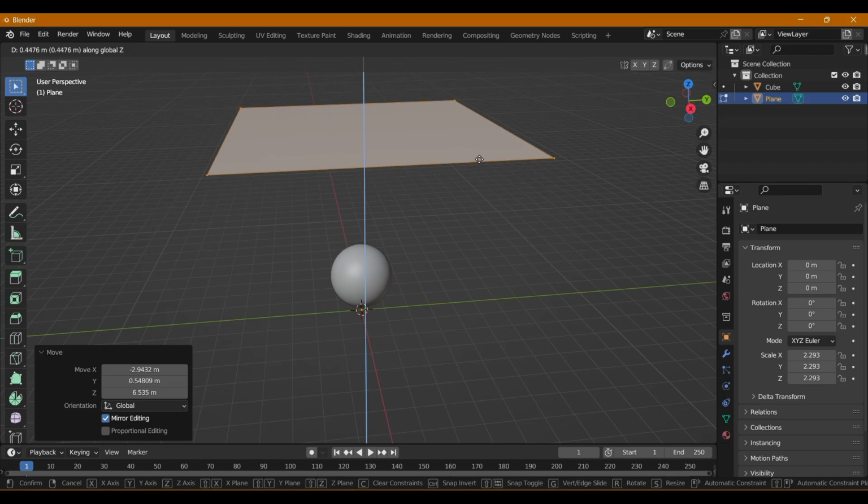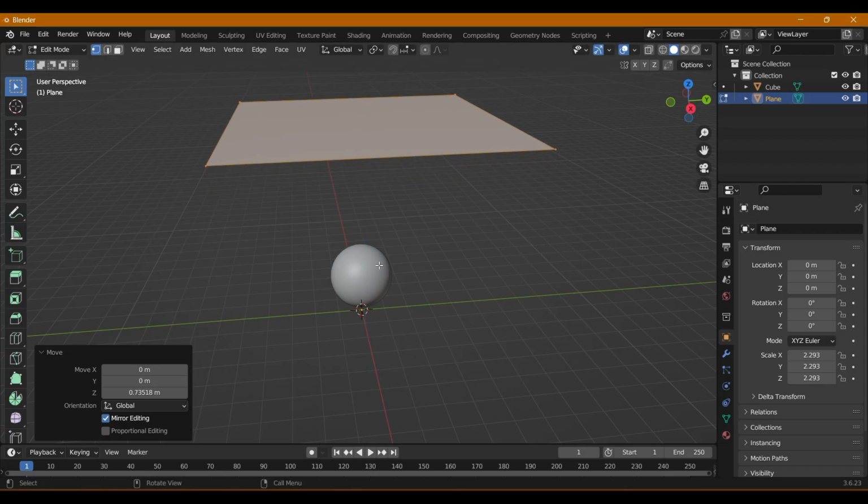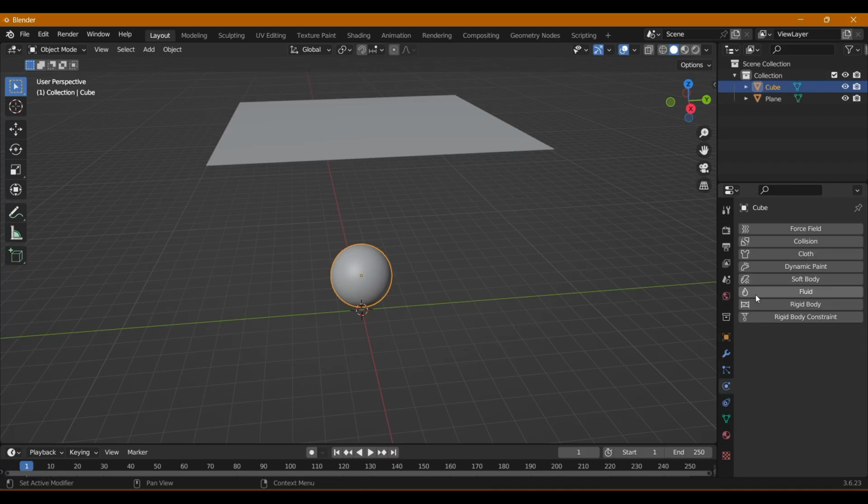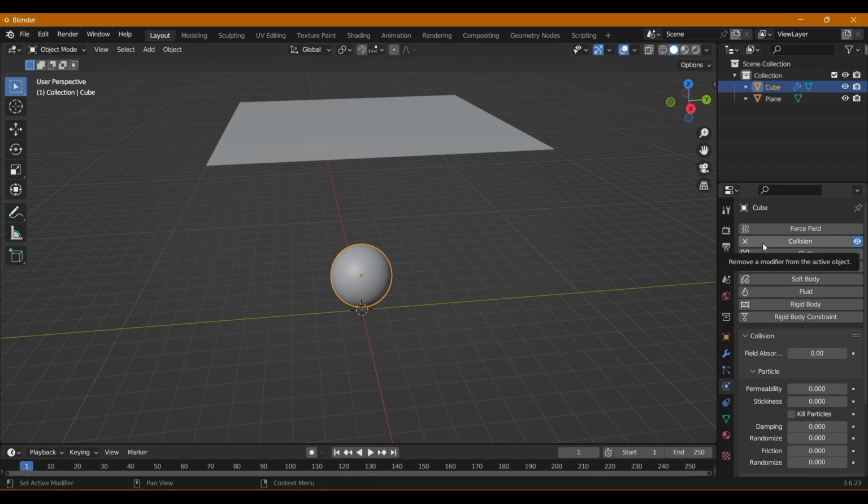So now let's add the physics property to them. Let's switch back to our object mode, then click on your sphere and go to the physics property, because the moment we apply physics property to them, both the sphere and this plane, it makes the objects behave like real objects. For example, for the sphere, we are going to be applying collision, meaning objects cannot pass through it. If I do not apply the collision for the sphere,